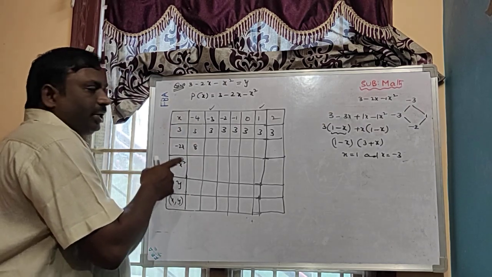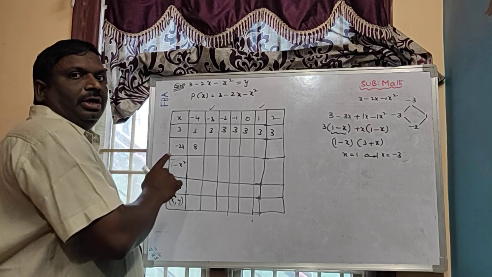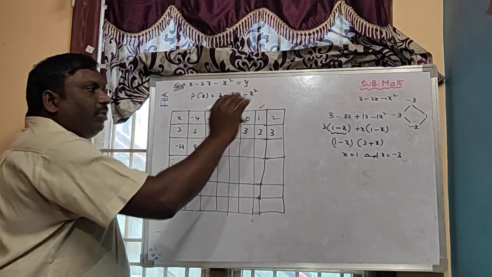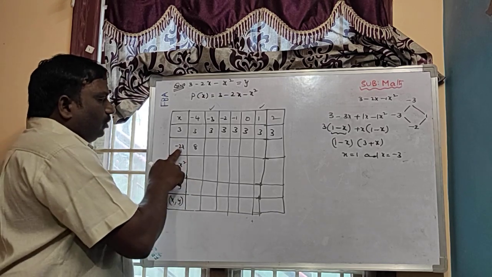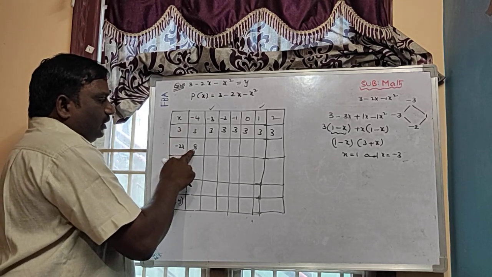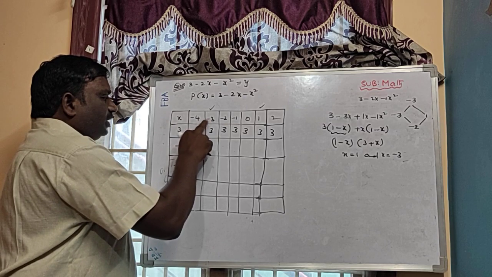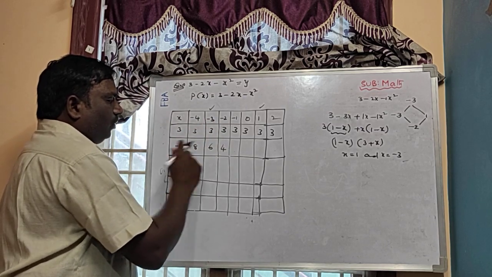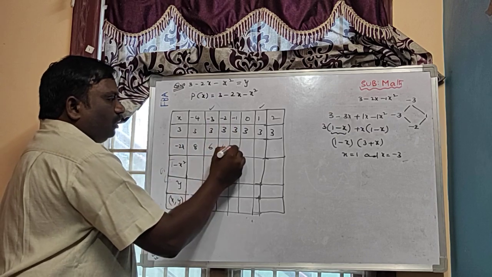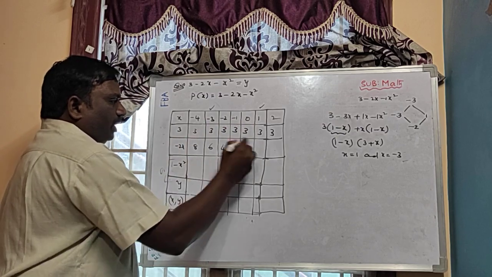Simplification is very, very important, and do it carefully. If you make a mistake in the simplification, your graph will become wrong. Automatically the value will change. So minus 4 into minus 2, minus 8. That is plus 8. Minus into minus plus, 2 3s are 6. Minus into minus plus, 2 2s are 4. Minus into minus plus, 2 1s are 2. 0, minus 2,